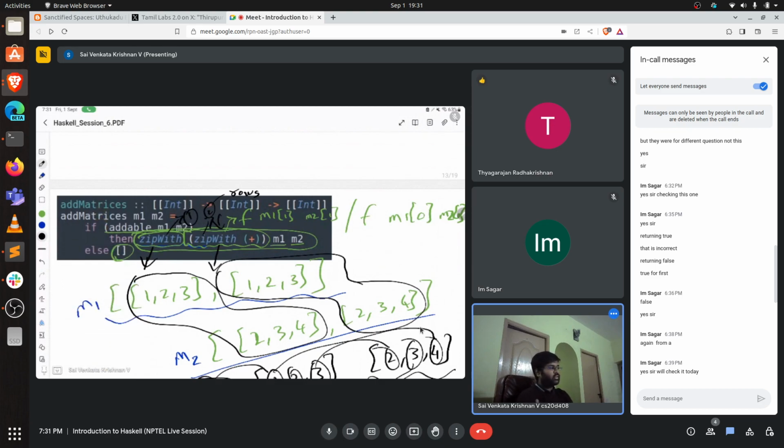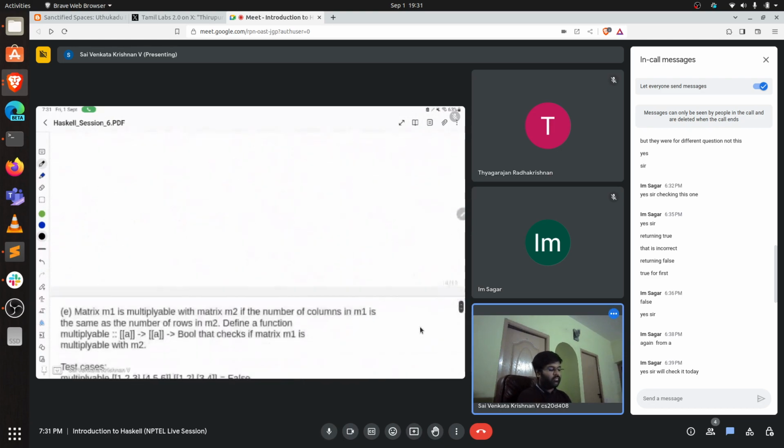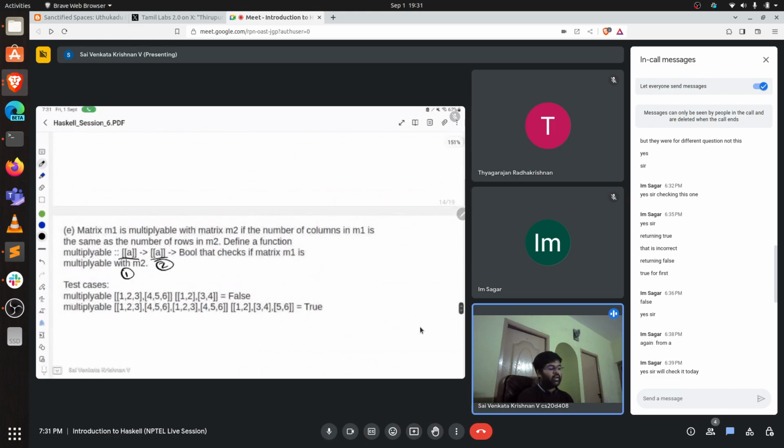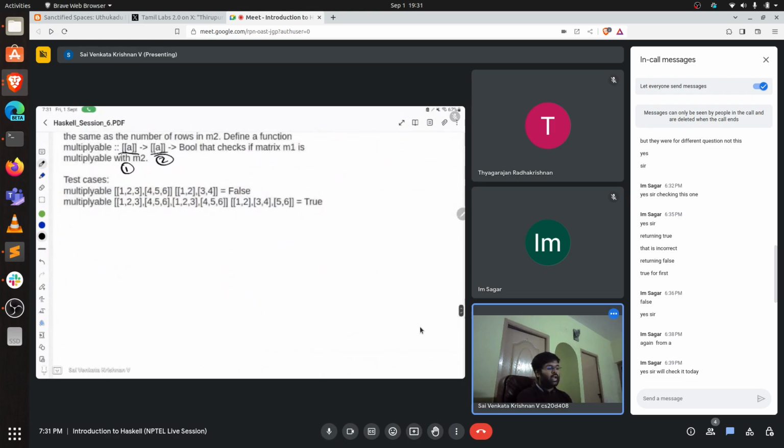Thanks, Tyagarajan. So in that case, let's move on to the fifth question. Given a matrix M1 and a matrix M2, I should check whether it's multipliable or not. It takes two arguments of matrix type, and I should return a bool. If two matrices are multipliable, it means that the